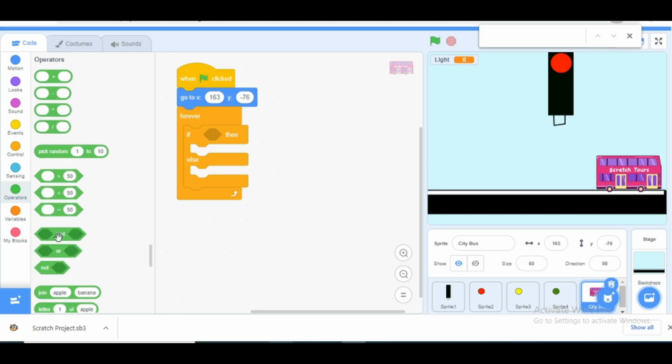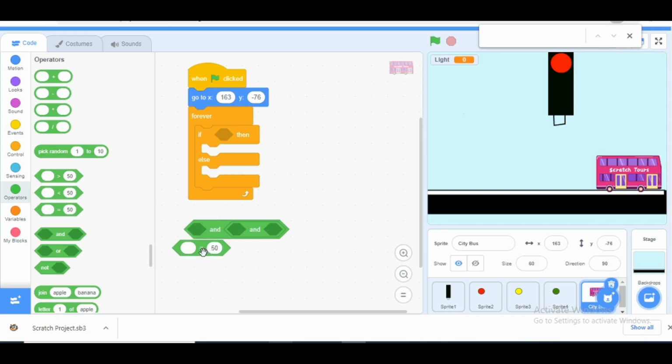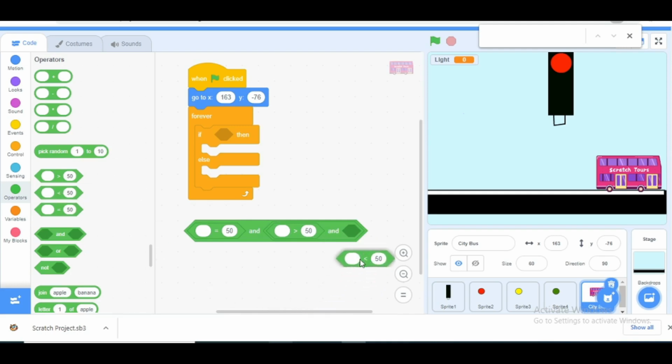So let us see, in the if then block we have to use different types of operators, the logical operator and operator. So add an and operator here, and in the AND operator we have to use one more AND operator. So in this way I have joined 2 AND operators, and here we are going to use different types of operators, that is equal to operator, less than and greater than operator. So I have added one equal to operator. Afterwards I will add one more operator, that is the greater than operator. So this greater than operator I have to use in this AND operator. So I will add this here. Right. And last I have to use the less than operator. So I will use the less than operator here.